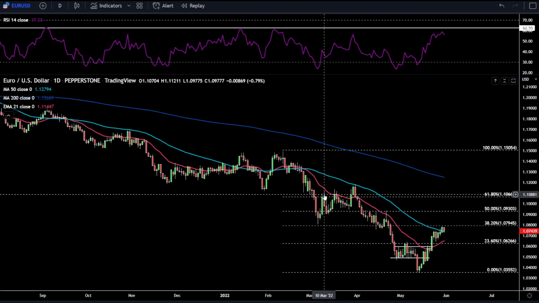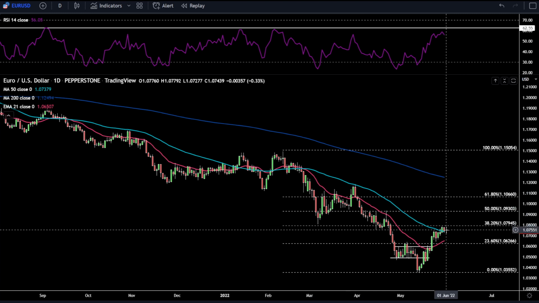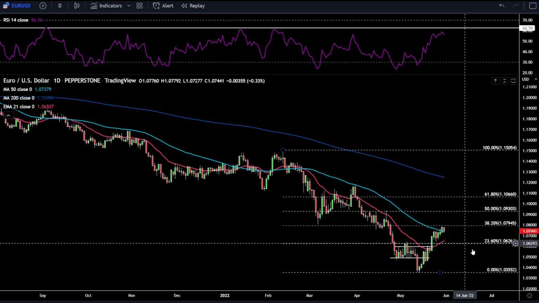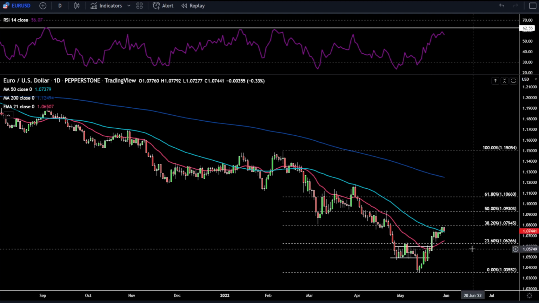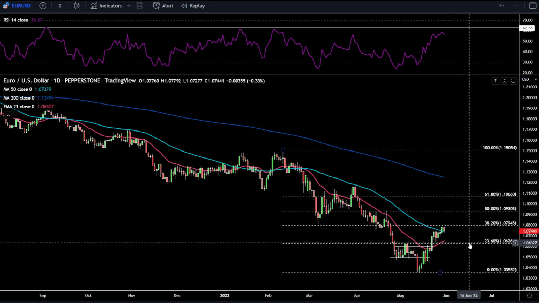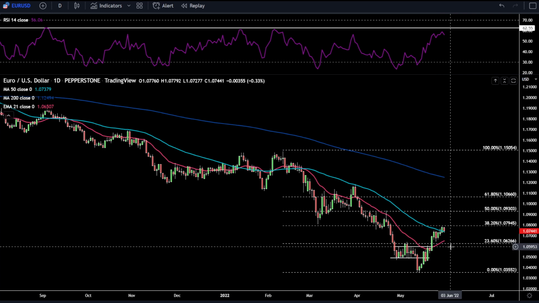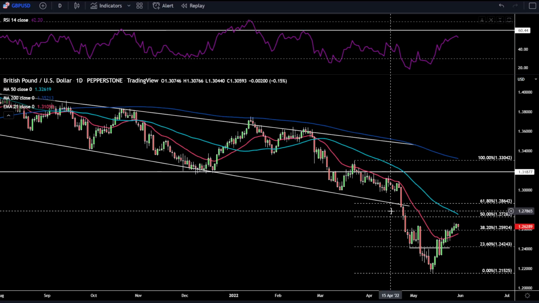Let's look at Euro US dollar again, just above its 50-day simple moving average. It ran up above there yesterday, 38.2 fib level, just below 108. The RSI also got quite close to this 62.55 level, and now we're rolling over again. The next levels I'd look at would be the 23.6 and the 21-day exponential moving average, or that former range resistance there around 106.